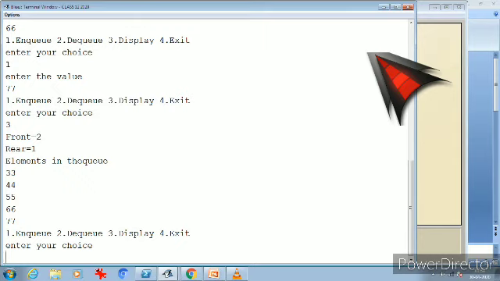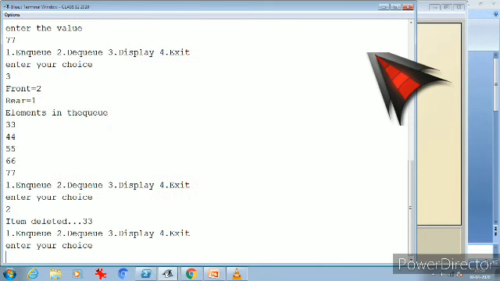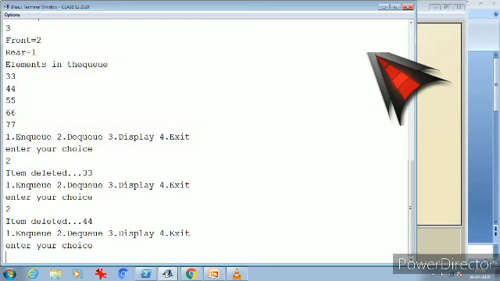How will I understand that? Because right now my front is at position number 2, so it will delete 33 if I do a dequeue. Let me delete with choice 2. See, 33 is deleted. Back again, choice 2, 44 is deleted.